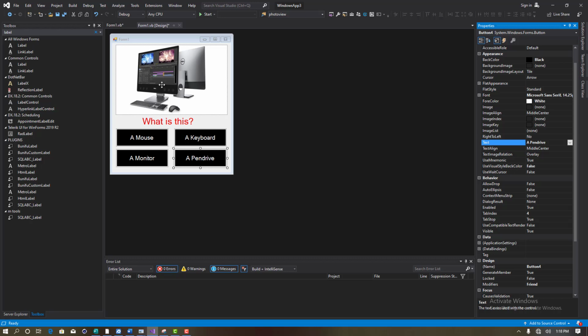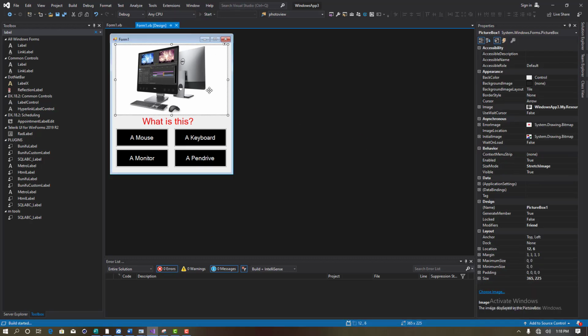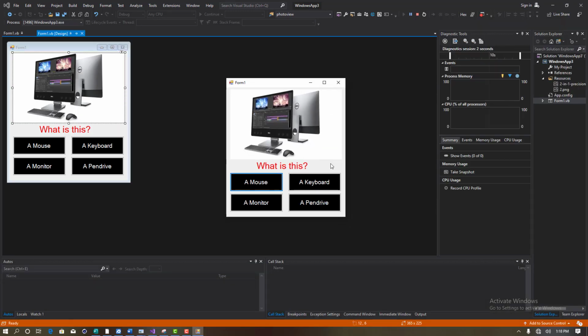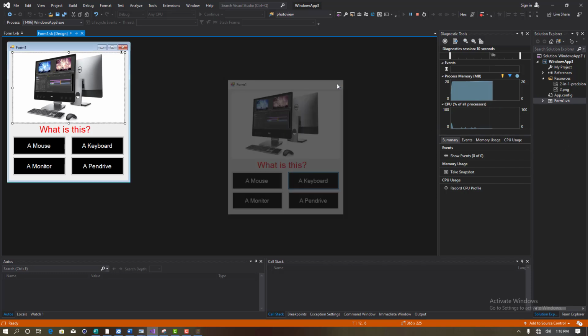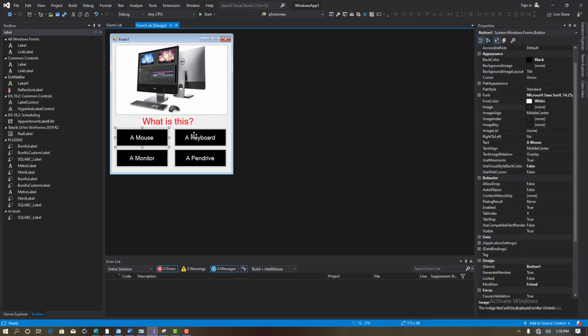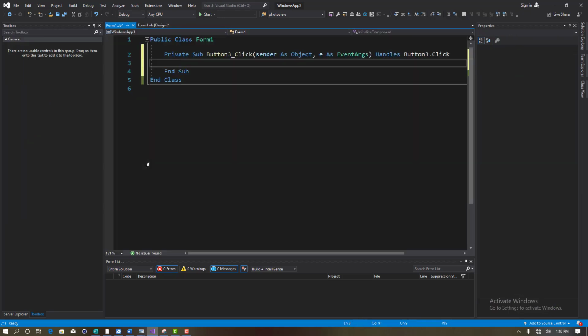Good. So as soon as we debug or start this, it is asking the kid, what is this? So is it a mouse? When you click the correct answer, it should tell you that it's correct. When you click and it's not correct, it should tell you that it's not correct. So let's do that now. Let's click on the correct answer, which is the monitor, right? So double click on the monitor, and